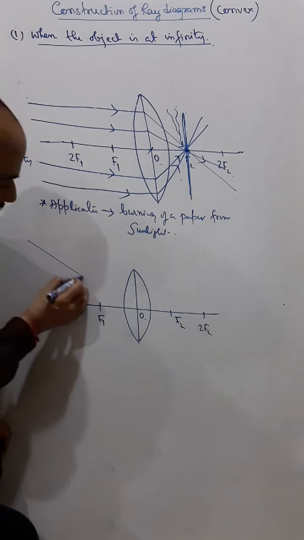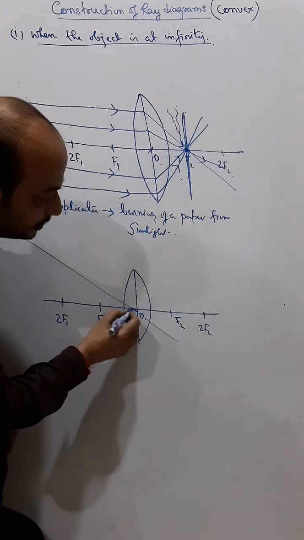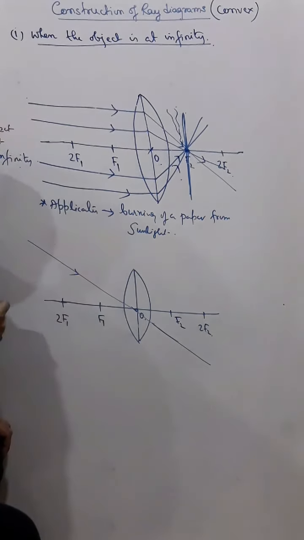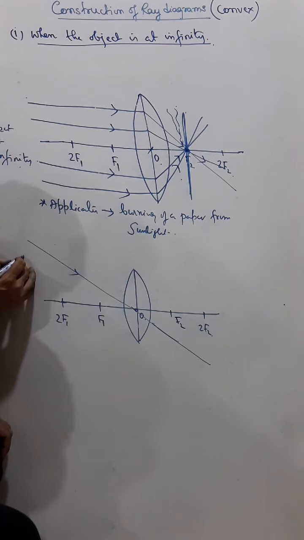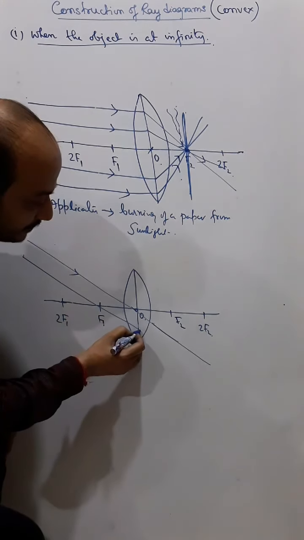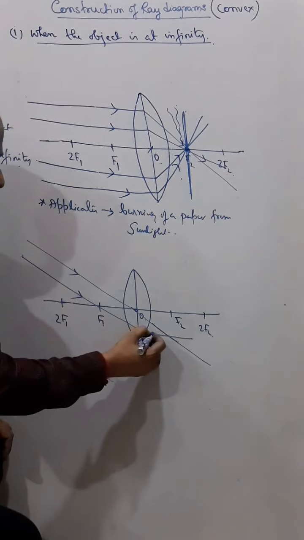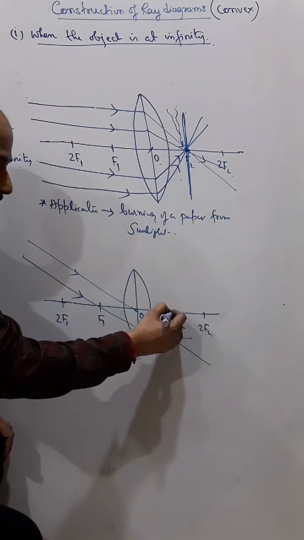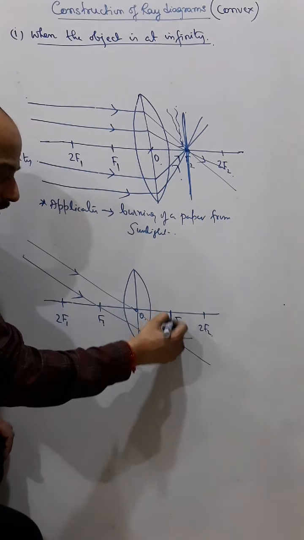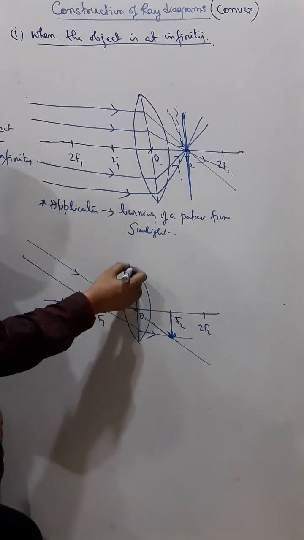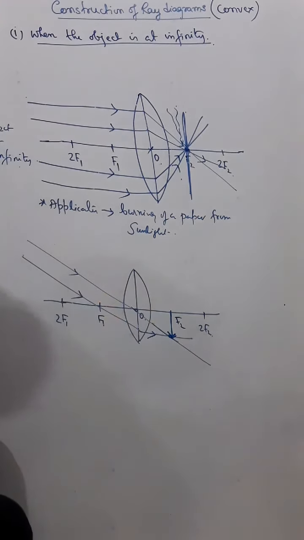Now first we draw the ray diagram. One ray will pass through this optical center and go straight. Okay, so another ray we can take from the focus, and after passing through the lens it becomes parallel. So like this, and then the image will be exactly at the focus. So you should adjust the diagram in a proper way. Use ruler and pencil properly. So with a little bit of adjustment you can make this diagram.